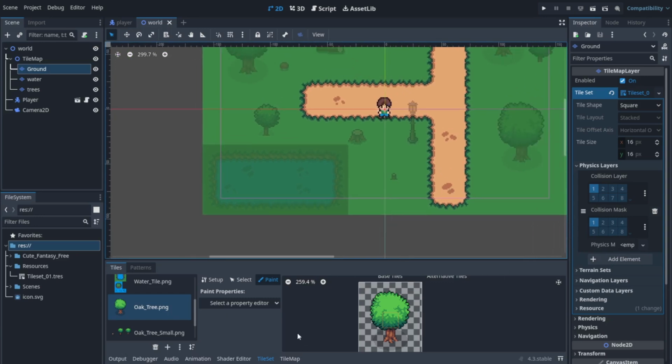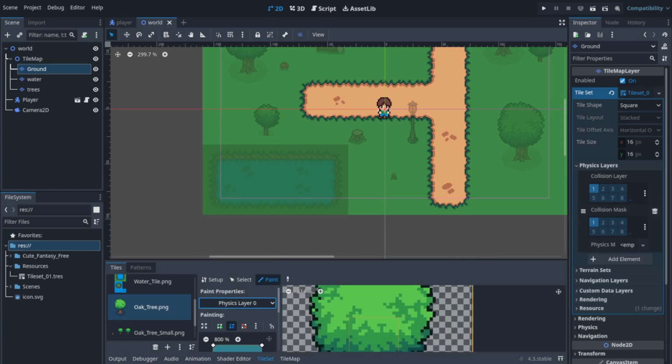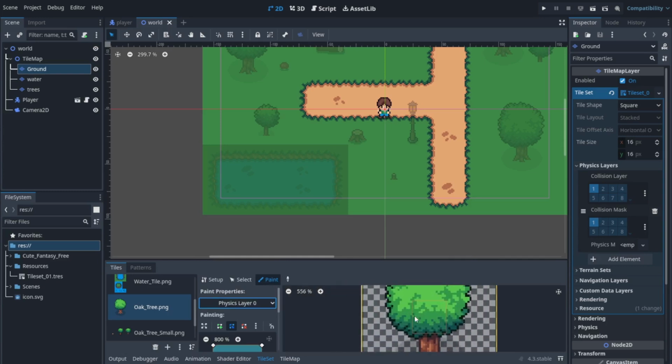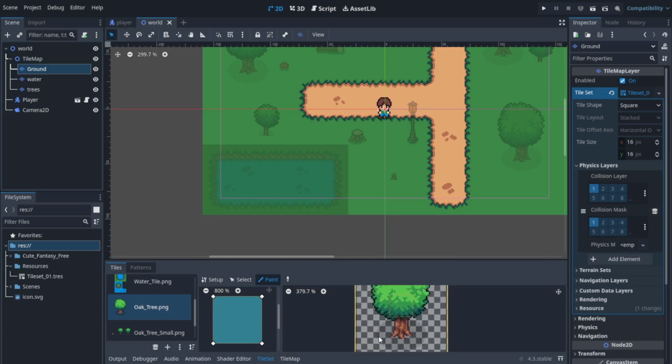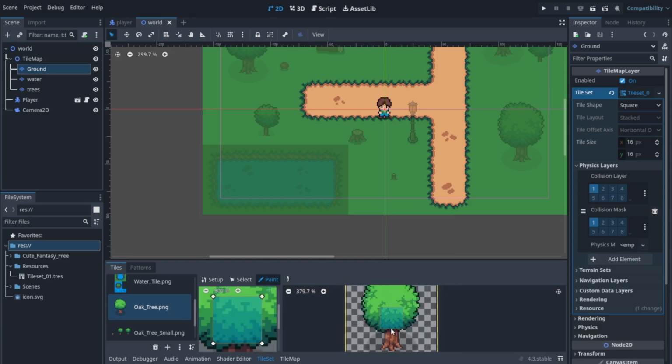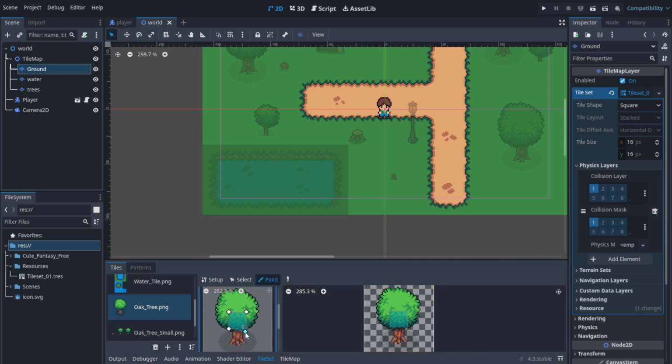Now what you do is go to the paint area here and select, by clicking the drop down, physics layer 0. Since it's the first physics layer, it will be 0, and then 1, 2, 3, in the order of that. Now you have the blue area here. Click on the tile to select the tile, then you can customize the brush. You're not setting the tiles in real time, you're creating a brush that fits the tiles. Then you have to click on the tiles to